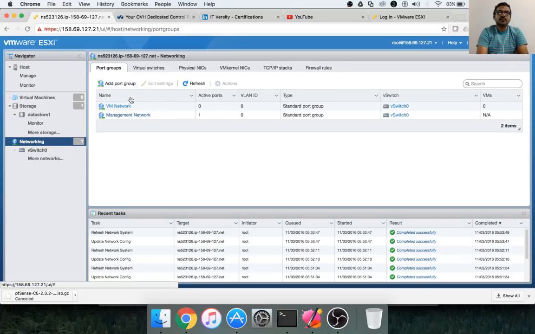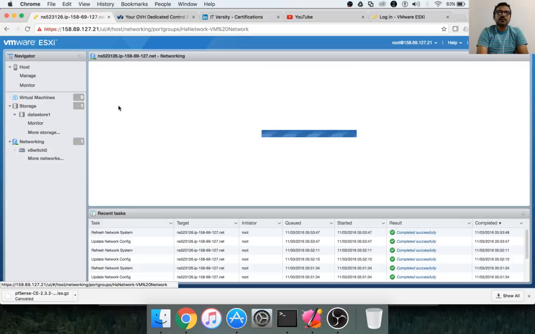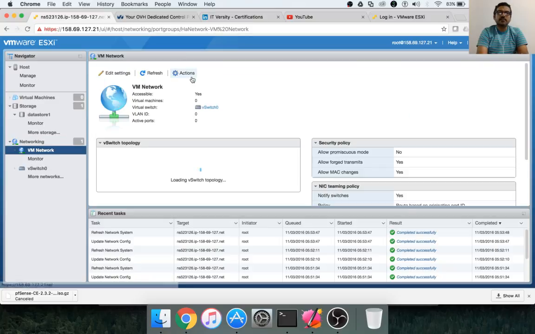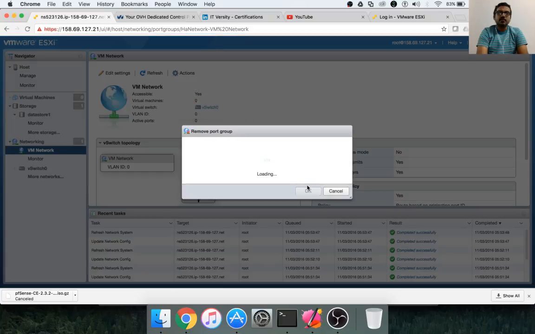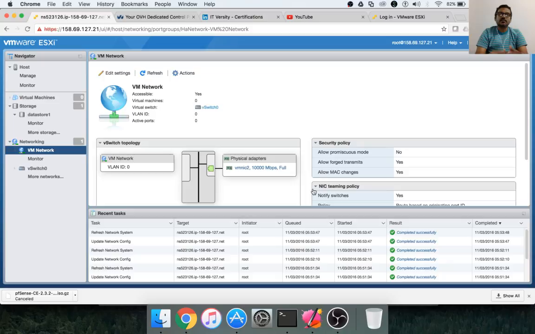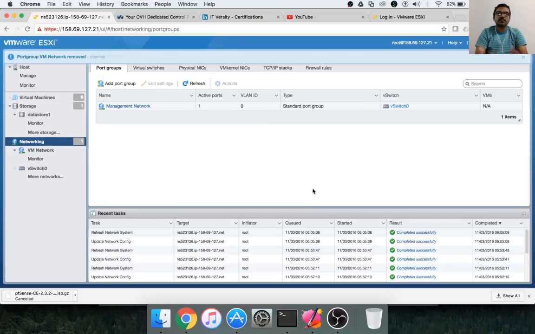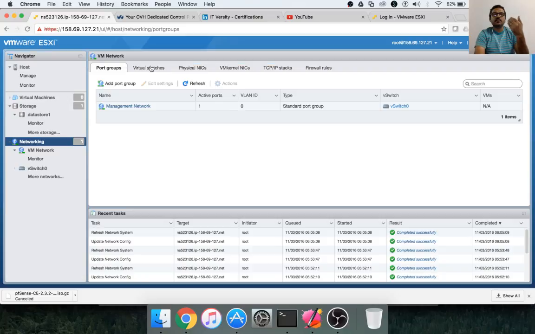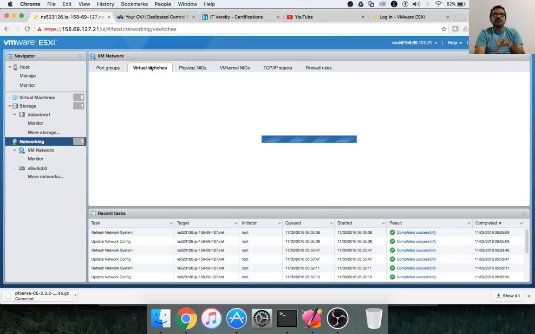Okay, now if you go to the port groups, we will delete it, or we can also rename it, but I'm deleting it. Okay, we can rename, or we can use it as is also. We can assign it to pfSense, and then we can set up pfSense as a virtual router. Anyway, I am removing it because for pfSense, the standard way of naming the port groups is WAN and LAN. Okay, WAN for public networking, to access our pfSense host from the external world, and LAN for internal networking using a